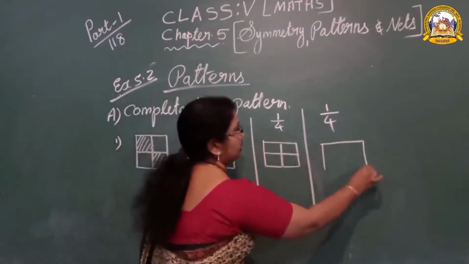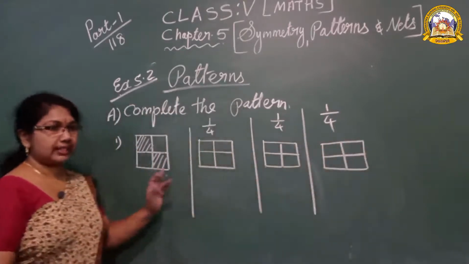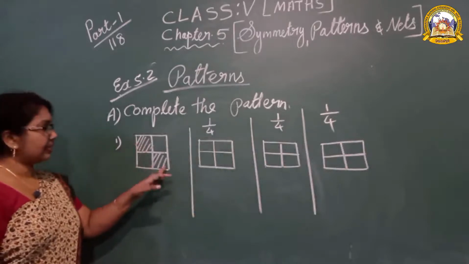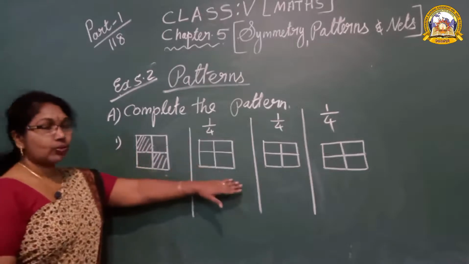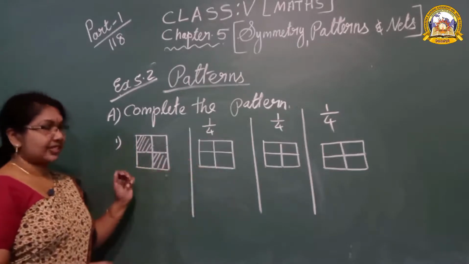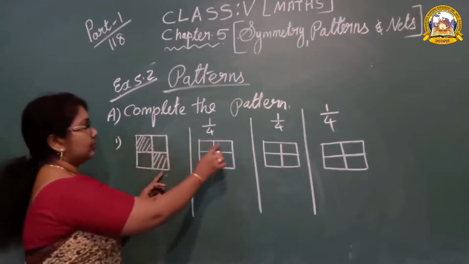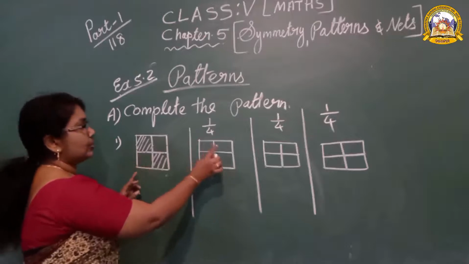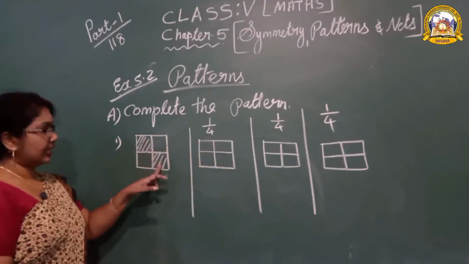Yes. The teacher has drawn the same shapes here. In the book it is written there, pink and two yellow colors. This is the pink color and the yellow color. The teacher has drawn different shapes. Now it is a 1/4 turn. Can you say first? This plain figure will come here. So this plain part will come here and this will move to here. So look here, this is the plain part and this is the shaded part.